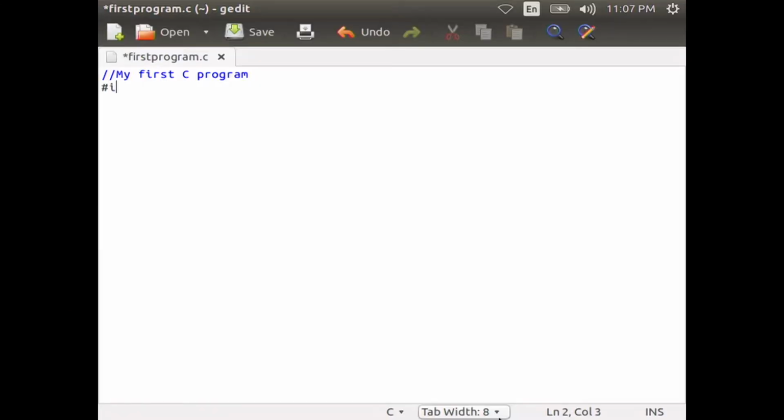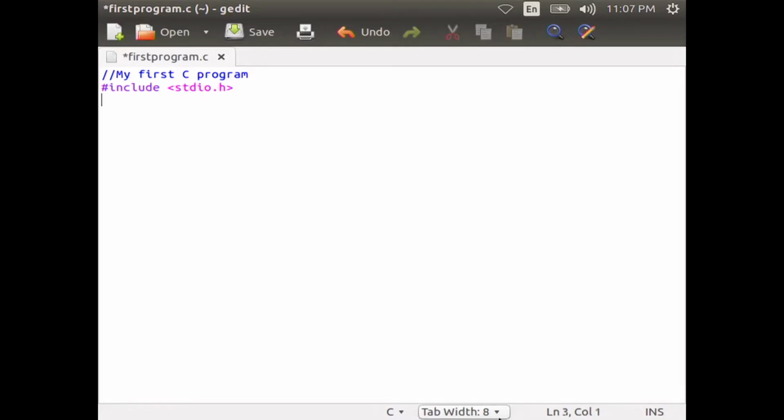Now, you press enter, then type hash include space stdio.h. stdio.h is a header file. A program must contain this header file when it uses standard input output functions.